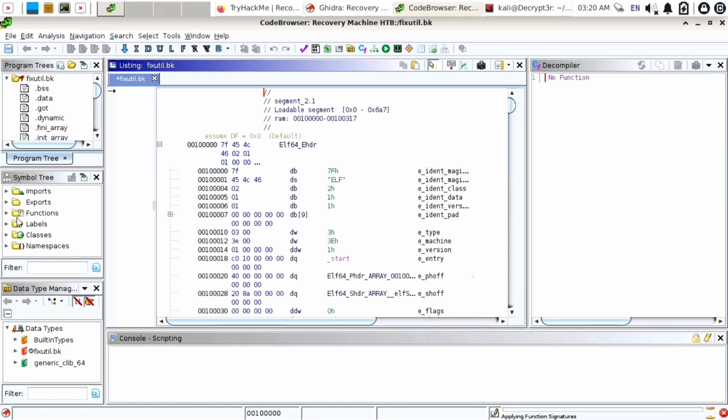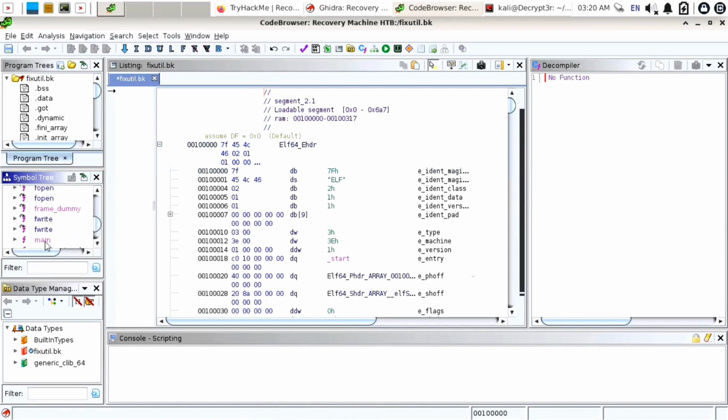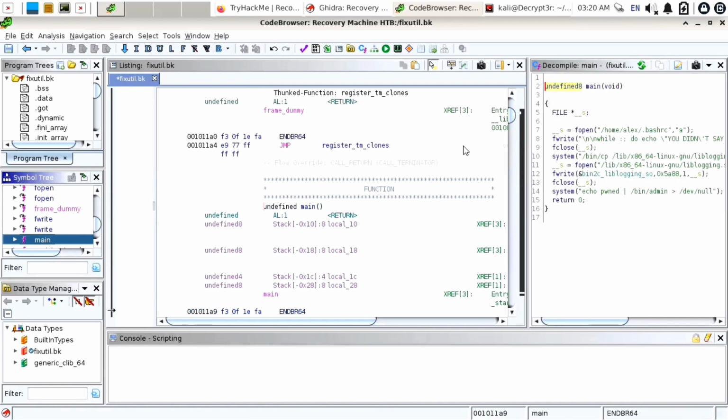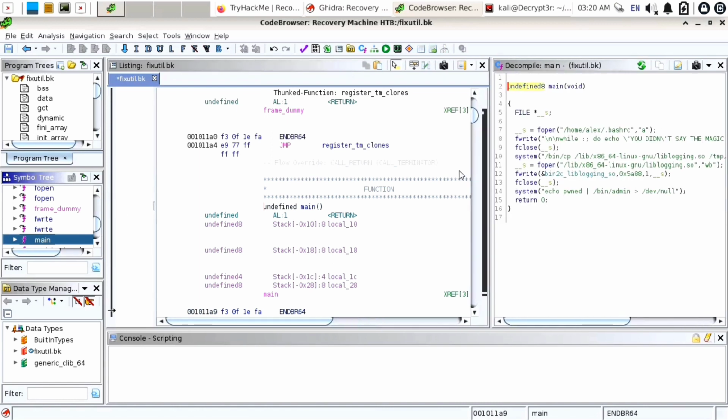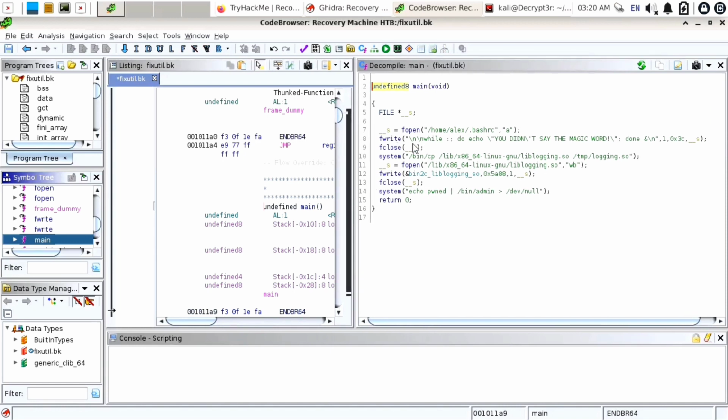We are just going to check the main function of this, so just expand the functions folder and find main, which will contain information about this file, like what steps it is performing. So simply click on main, and on the right side you can see it is loading its functions. After loading this file, it is opening /home/alex/.bashrc, then it is printing a while loop message, like you don't say the magic word in the home alex bashrc file.